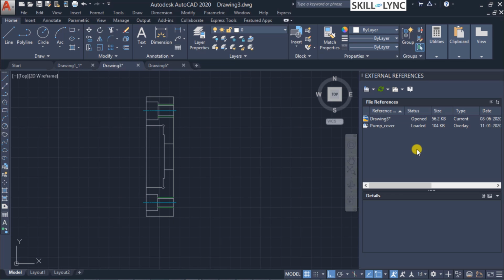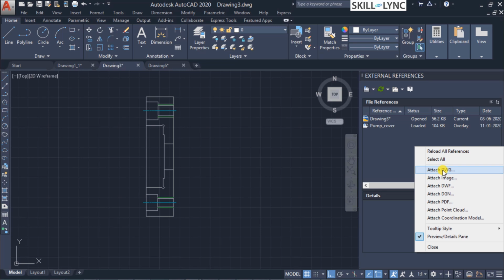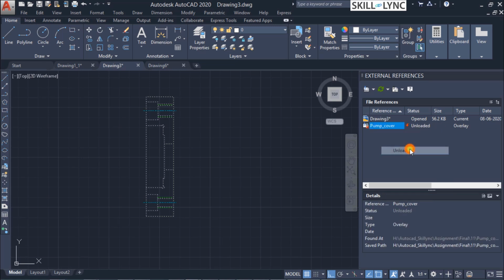However, in case of nested references, we cannot detach the top level external reference if it's going to be a nested XRef. So you always have to go to the original XRef. Nested means this file is getting called onto another file and so on and so forth. So that is detaching the externals, and we have also seen unloading an external reference. What happens is it's removed from the display, and also one more thing, once the job has been completed, that is once we have used this reference,